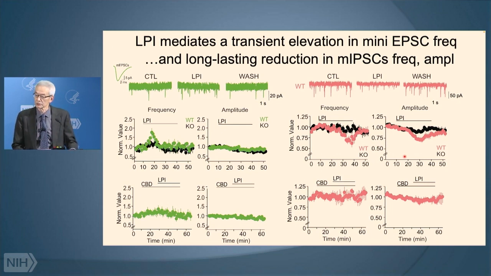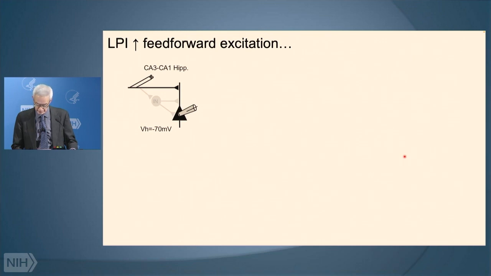And in slides I decided to leave out, because it's in our paper and takes about 5 minutes to explain, we worked out the mechanism of this. We found that the number of GABA receptors in the postsynaptic cell, in the CA1 pyramidal cell, was decreased, and that this involved the gamma-2 subunit of the GABA receptor, a perfectly conventional modulation of inhibitory transmission.